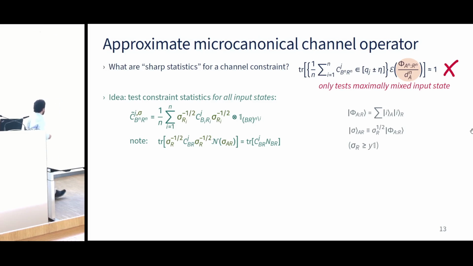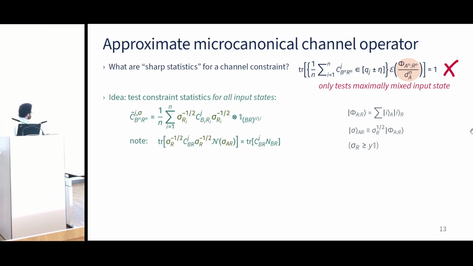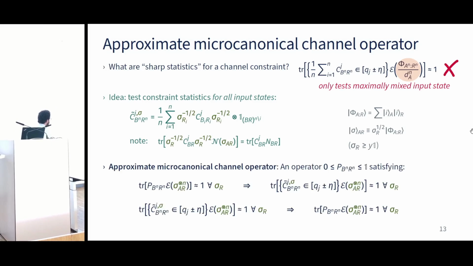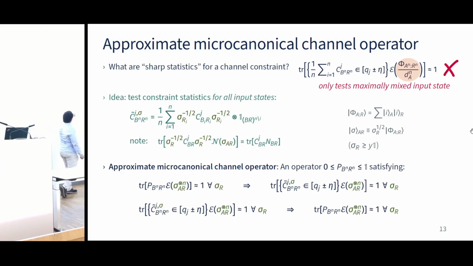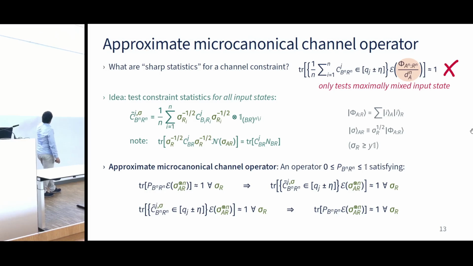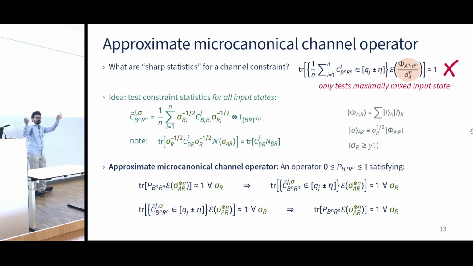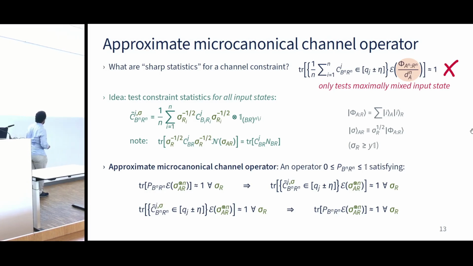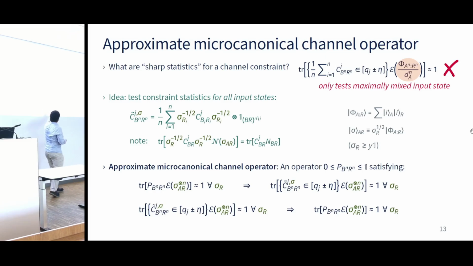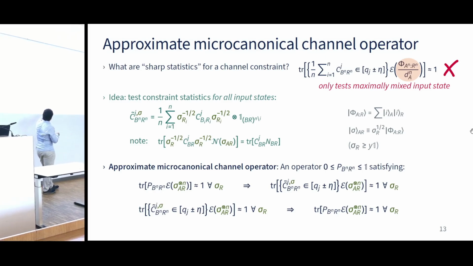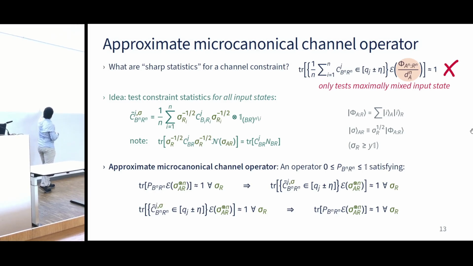This is the thing that we want to measure. Now this is something that we can impose for all input states. We could say, for all sigma, we want some operator that's going to be this approximate microcanonical kind of channel operator. We want that if a channel satisfies, if this operator captures the output of a channel